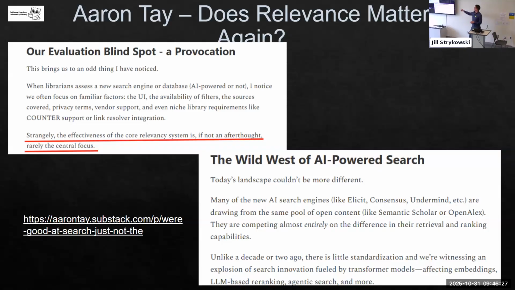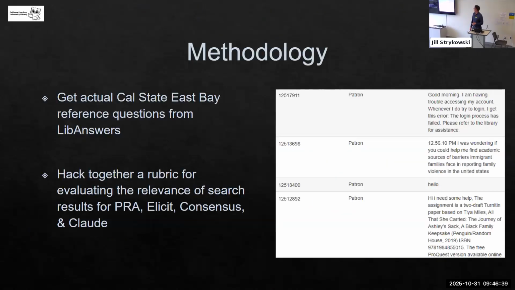And since I read this article, I've done a little research on it. And actually, I think Google Scholar is already using some of these ideas in their databases. So anyway, what I decided to do, and I'm going to compare Primo Research Assistant to some of these other tools, was, first, this is something I did in a previous test, I would go and take a look at our